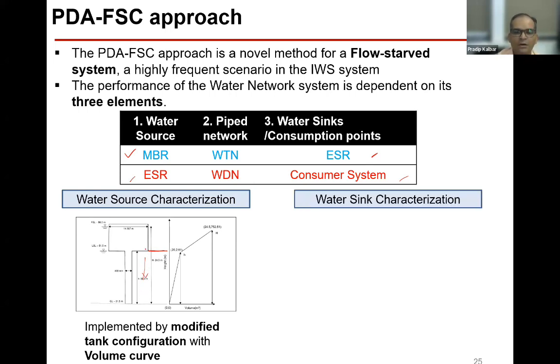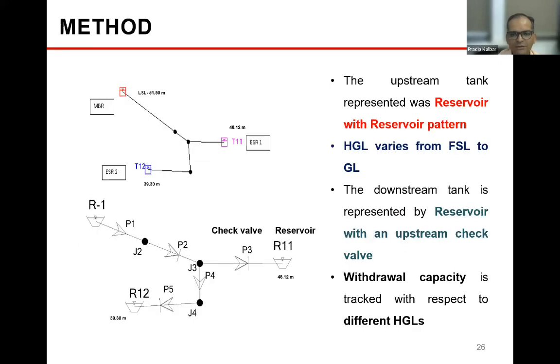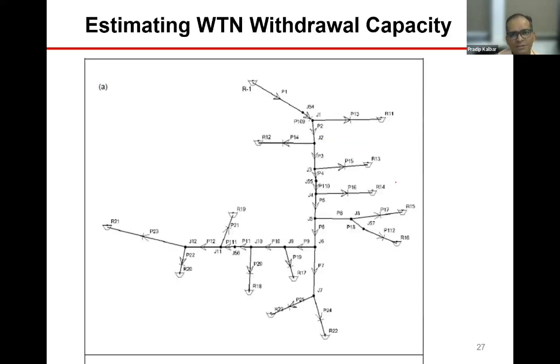We have also characterized the outlet properties by implementing control valves, and we have converted the demand nodes to reservoirs. So there is no demand, because it is very difficult to predict demand. We have assumed all the nodes are reservoirs, so they can take out the water as soon as it is supplied. And that is the reality we are living with. So basically we are filling one tank from another tank, even in the distribution system or in the water transmission network. This kind of hydraulic modeling method we have developed, and it was tested on a real life network in the Bada Pokhran multi-village scheme near Palghar, near Mumbai.